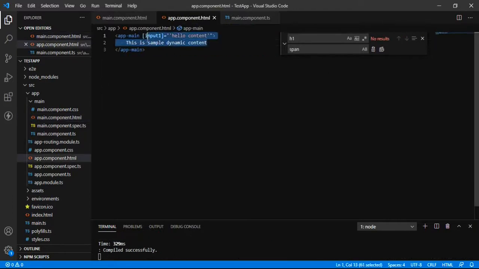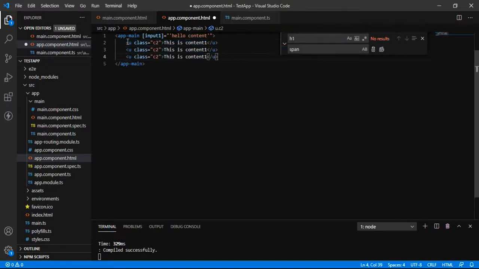So here let me provide, suppose that this is our underline text and we are projecting on C2. This C2 class element is going to be available in that C2 selector.